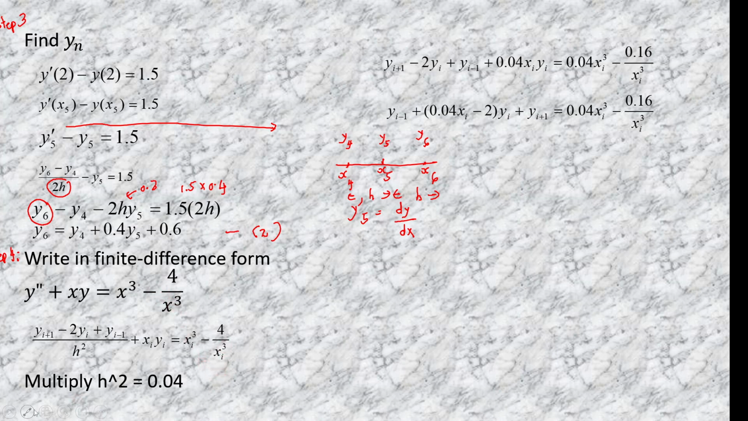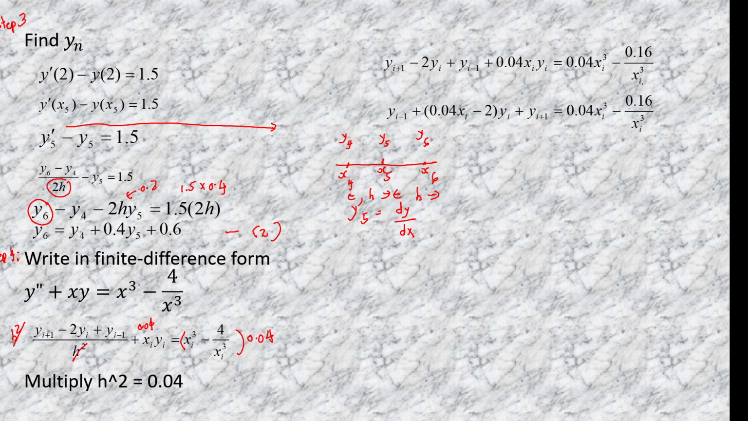And then again, we are going to eliminate the 1 over h squared by multiplying each term by h squared. So the first term we are left with yi plus 1 minus 2yi plus yi minus 1. The second term, multiplied by h squared, which is 0.04, gives 0.04 xi yi, and the right hand side is also multiplied by 0.04. Expanding, you get 0.04 xi cube minus 4 times 0.04, which is 0.16,